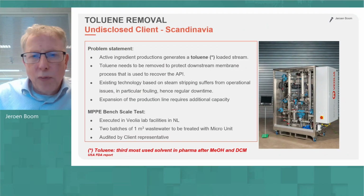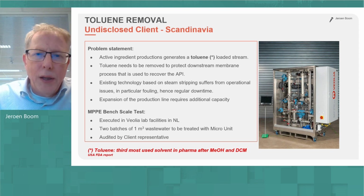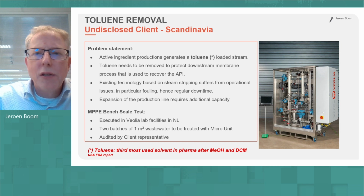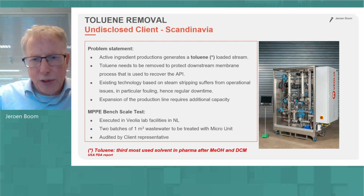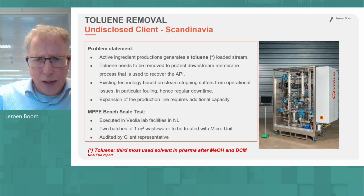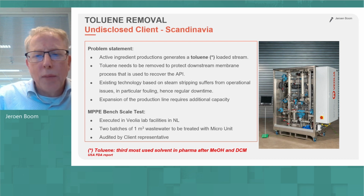So the first case study we are looking at is for a pharmaceutical company in Scandinavia, and this company had the production of an ingredient to deal with a skin disease, and this production process generates a toluene-loaded stream. This stream also contained the API of interest, and that would be further processed downstream by, amongst others, a membrane process, and in order to protect those membranes, the toluene level had to be very low. The client had